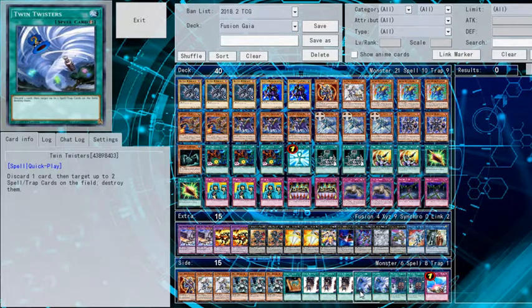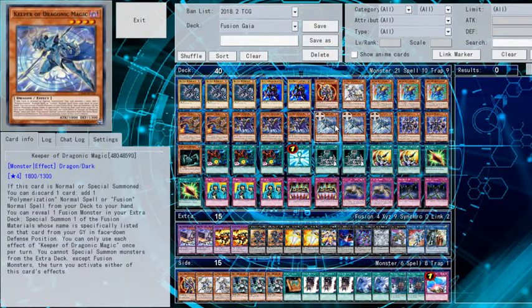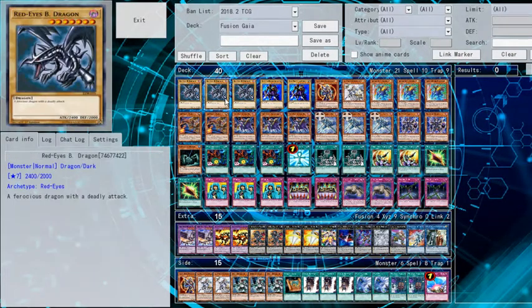Twin Twisters is here as spell trap removal. Pretty much the best spell trap removal we've got in the game. And the discard cost isn't as big of a deal when you have something like Blackluster Soldier that does make use of things in the grave. Keeper of Draconic Magic also has... more often than not you want to discard Red Eyes Dragon if you...